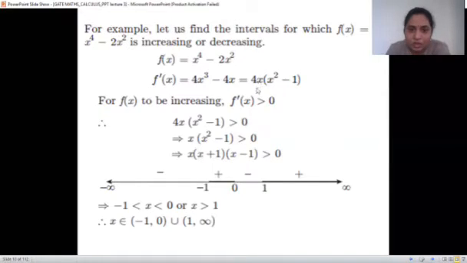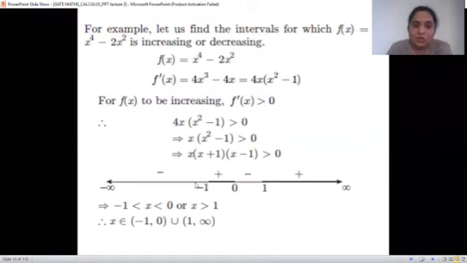Suppose we check for half: it is 2 into 1 by 4 minus 1, that is minus. So 2 into something minus, that is negative. So this interval is negative, and if we check again for 1 to infinity, that will be positive, right? Now if we have to check for increasing function,